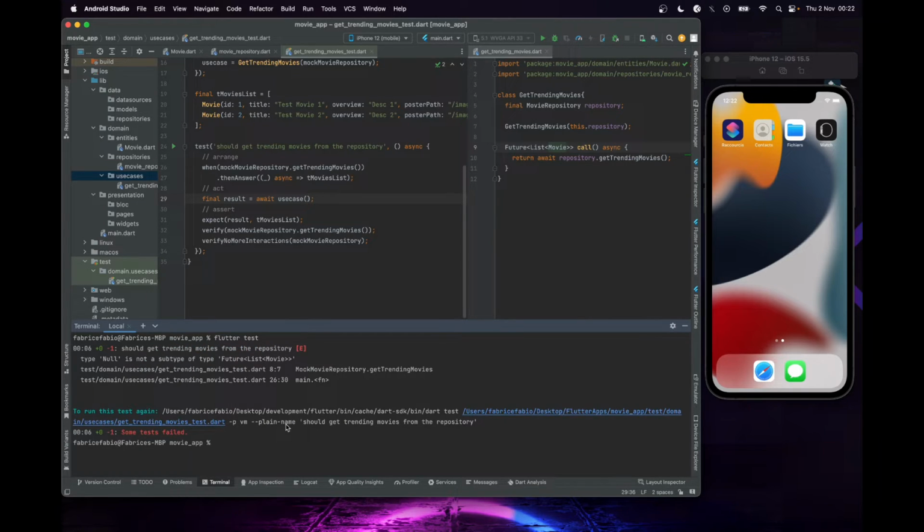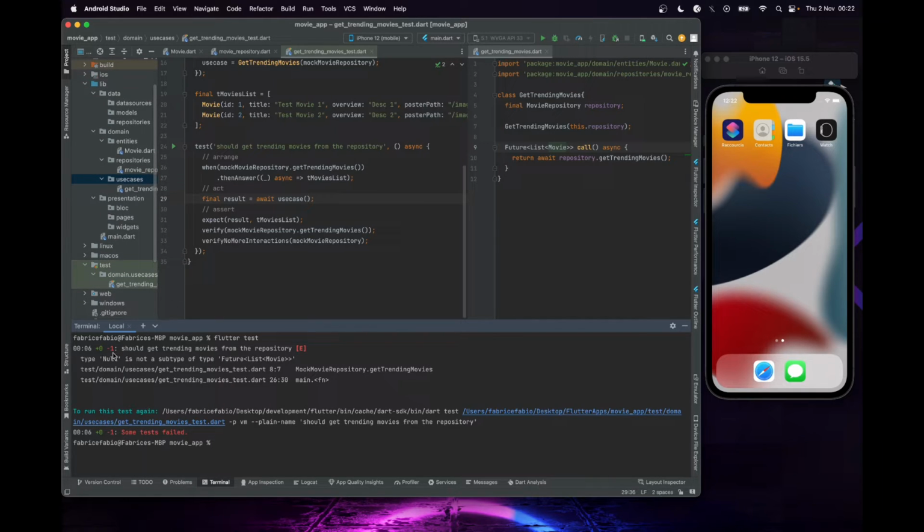It's trying to build. We got some errors, and it says the GetTrending from repository mock is not a subtype of